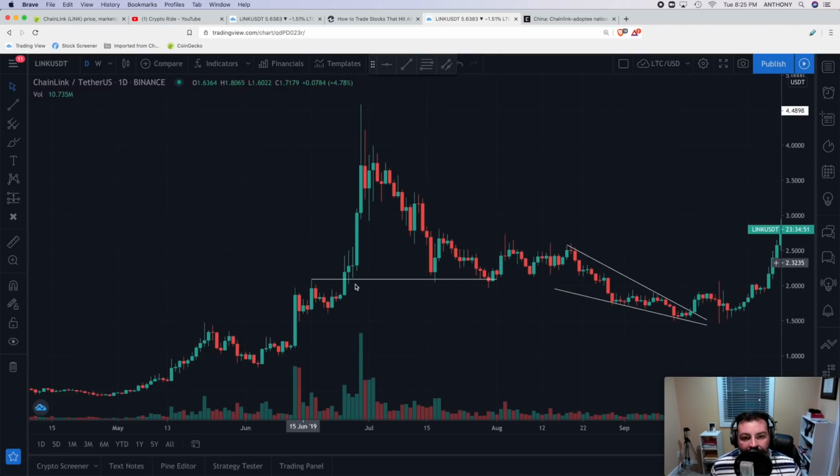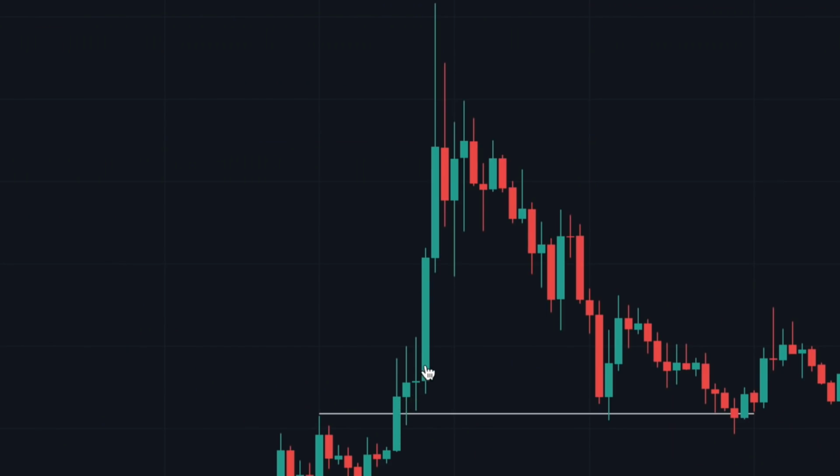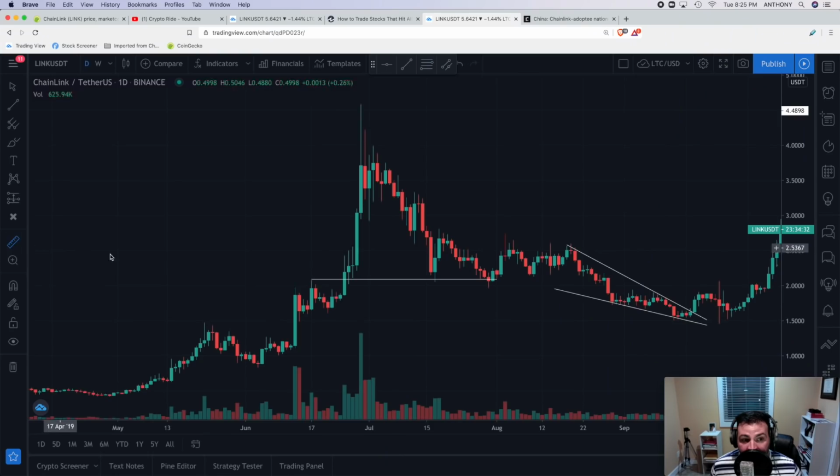What we're looking at on my computer screen right now is the parabolic rise we had in 2019, which was coincidentally just about a year ago. So this happened where we broke out to a new all-time high on June 25th, and then you could see for 1, 2, 3, 4 straight days we rose up. And really what I want to show you here is during that time where the price put in 4 green candles,